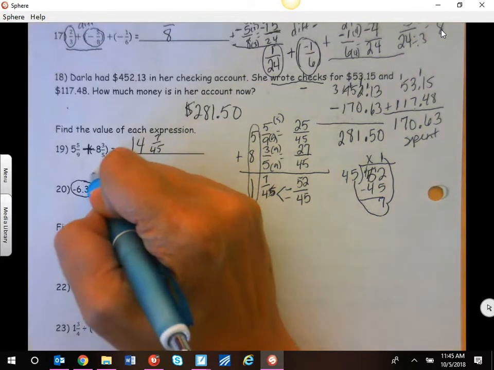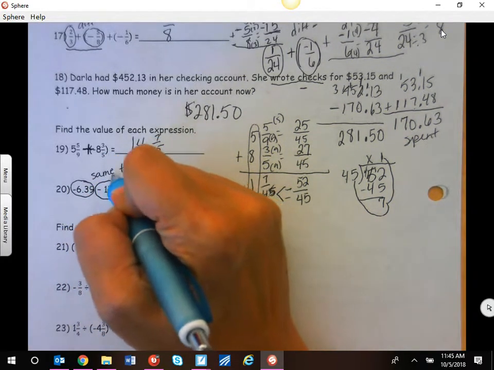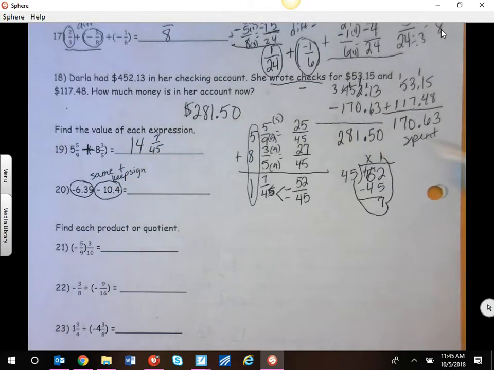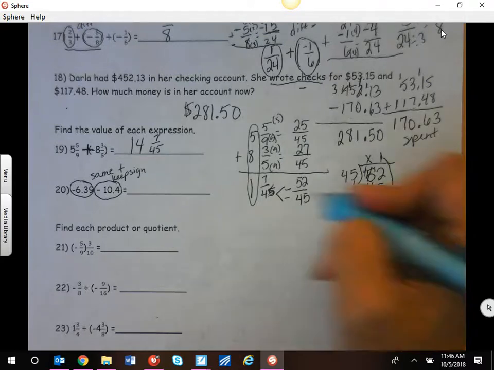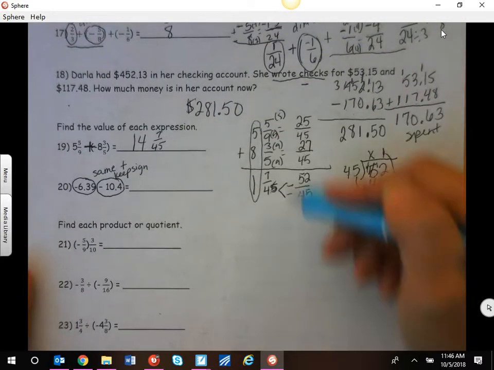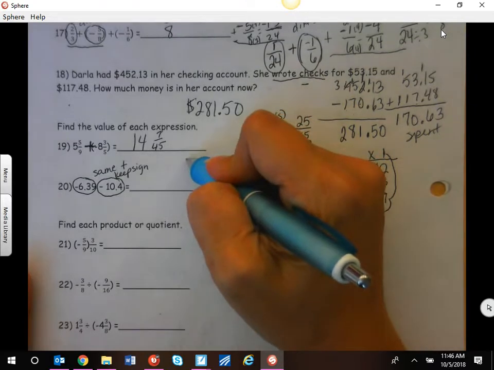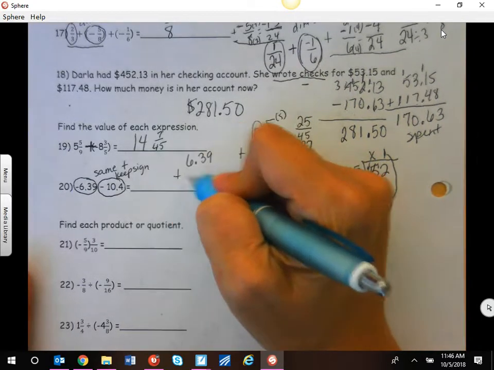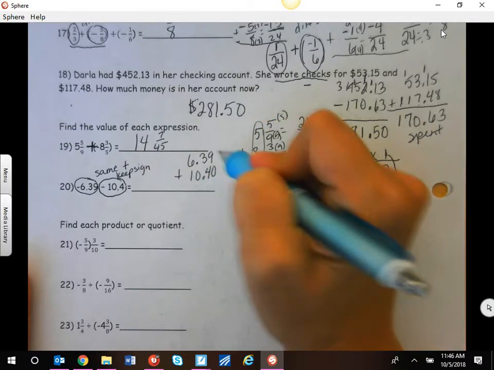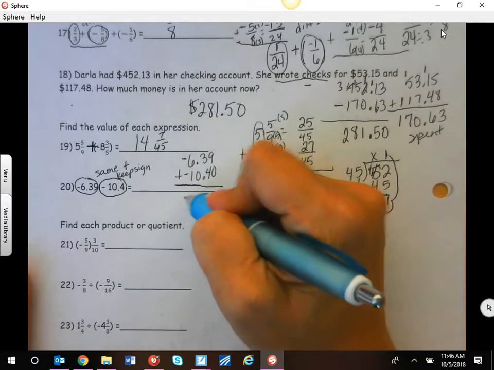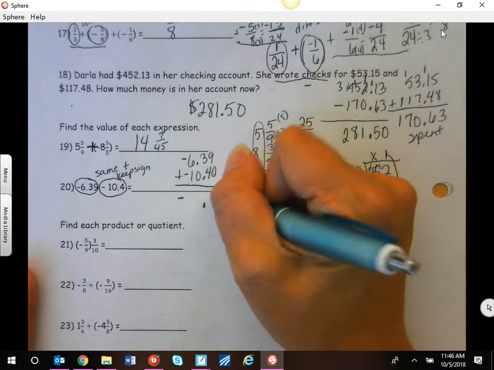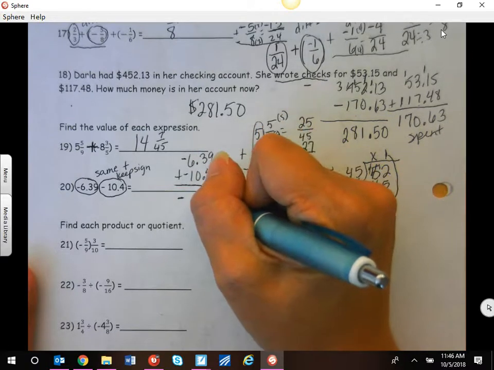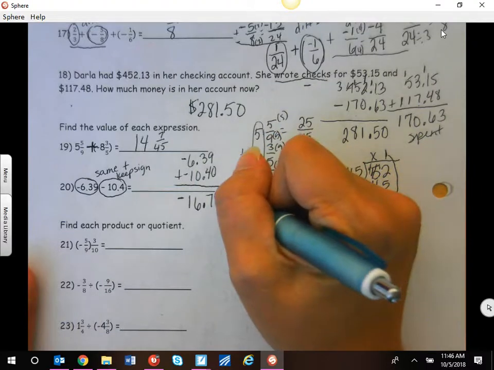These are the same sign. They're both negative, so we're going to add and keep the sign. We need to line up our decimals. And we're adding, so it doesn't matter what number is on the top. That's why we use scratch paper and make it nice and neat. 6.39 plus 10.4, put a 0. I know my sign is going to be negative because I'm going to keep it. 9 plus 0 is 9. 3 and 4 is 7. 6 and 0 is 6 and 1. So negative